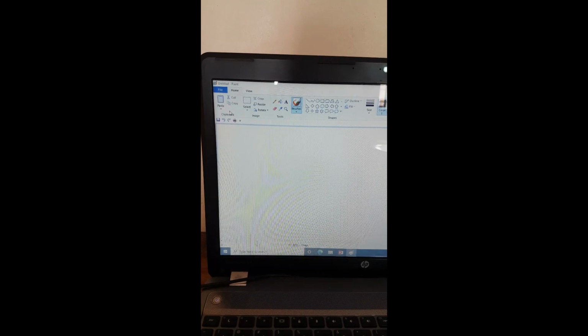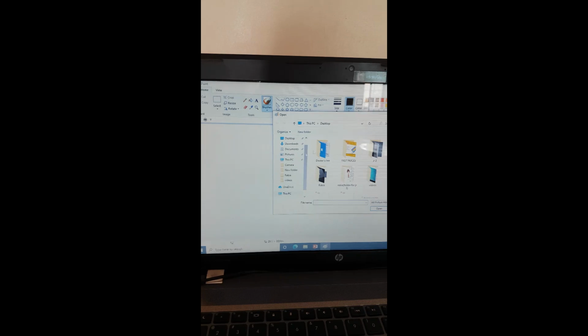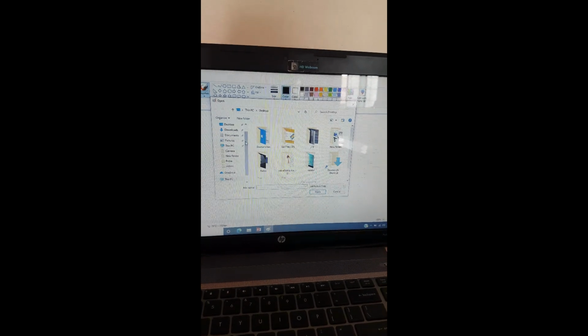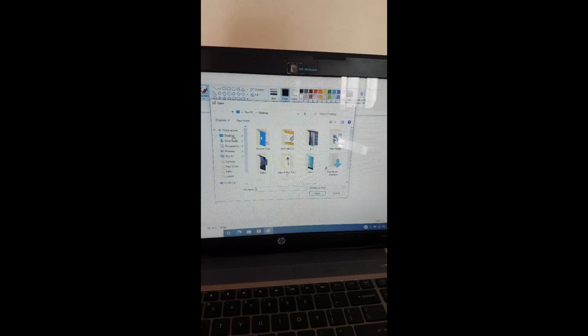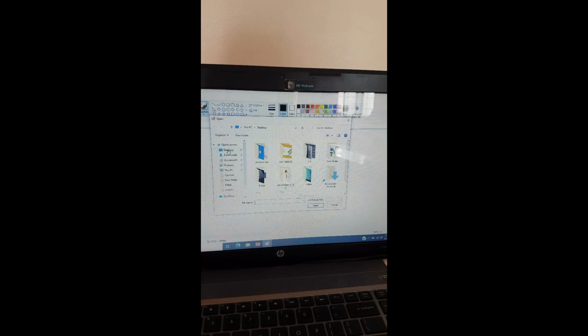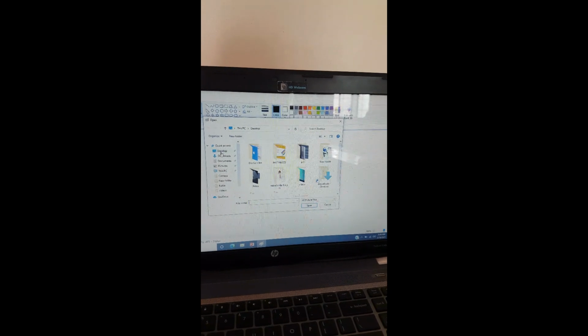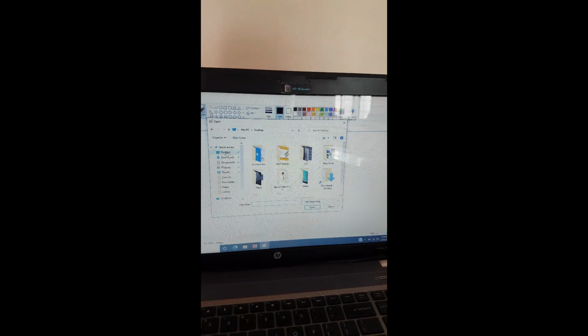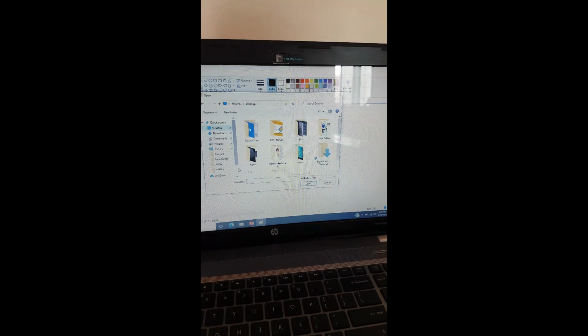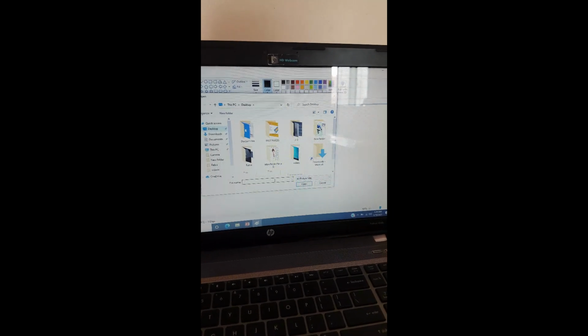When you click on the Open option, this window appears on your monitor screen. Now select the area where you saved your picture. Remember, you have saved your picture on the desktop, so click on Desktop. This is your third step. Now your fourth step is to